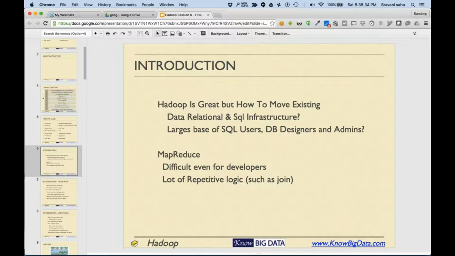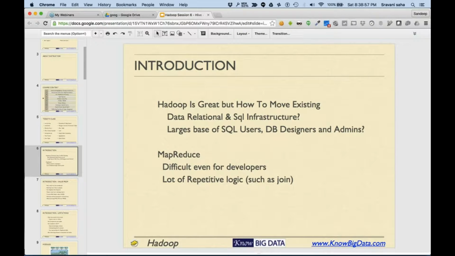So Hadoop is great, but how do you move existing relational data and SQL infrastructure? The whole IT industry across the globe works on databases. Probably every IT professional who is related to data in one way or the other works on SQL.